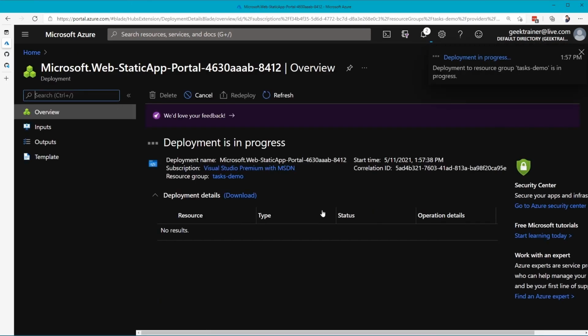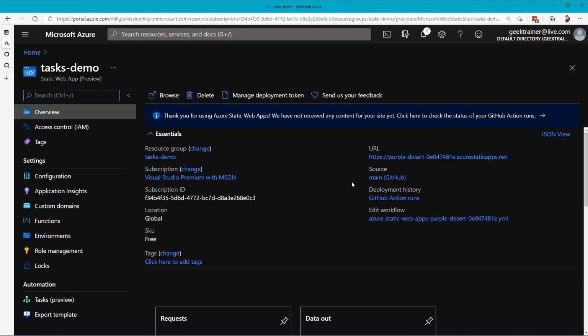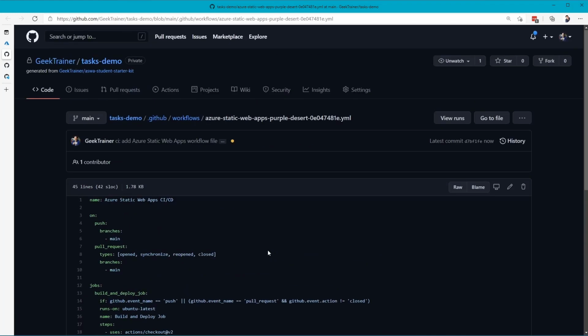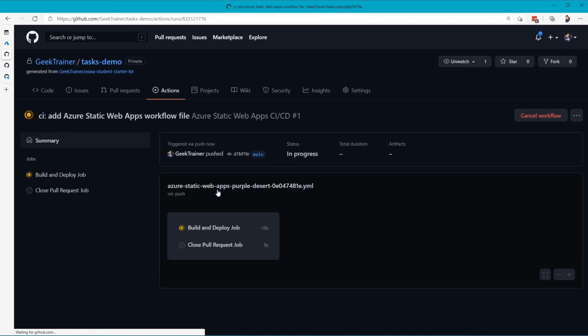This will then begin that process. So it will create my Azure Static Web App. It will update the repository with my action file here. So I can actually just open that up. Let me go to the workflow here. And this is now going to start the process of deploying. If I go to Actions, I can actually see this doing its thing. And this will take a moment here, but of course with the magic of video editing, it's going to happen, well, now. With our application deployed, let's go back and see how it looks.